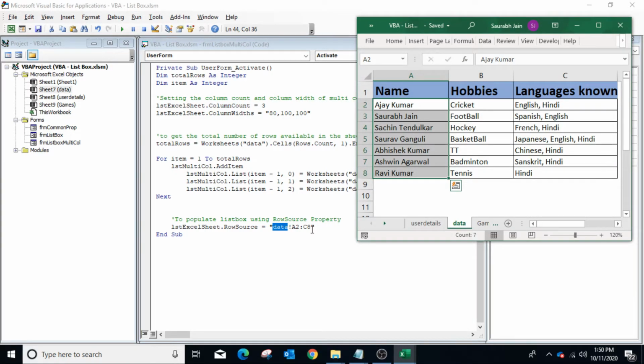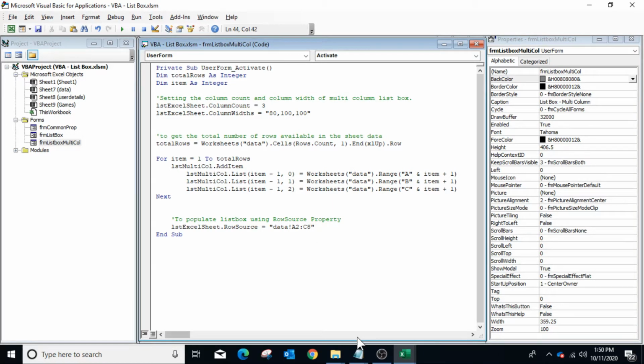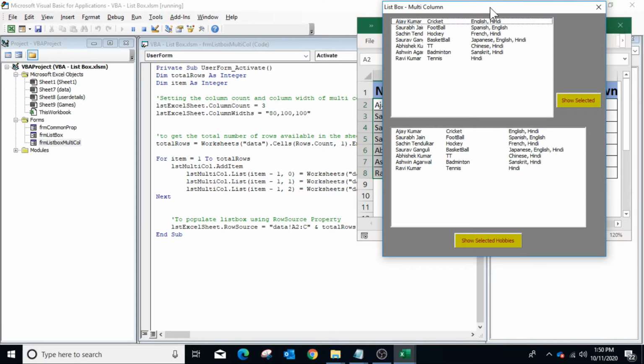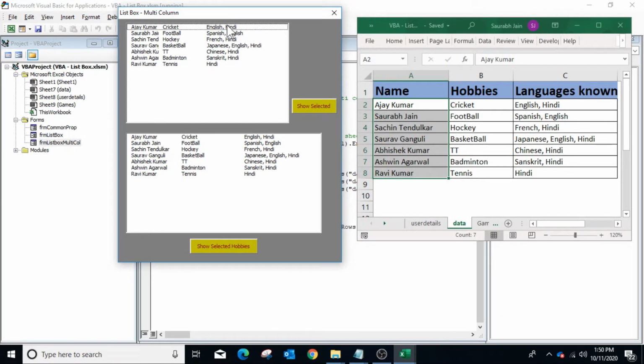To make it dynamic, you can again use the variable total rows instead of C8. So change it to ampersand total rows. Run the user form and both list boxes are now populated with the data available in the worksheet.